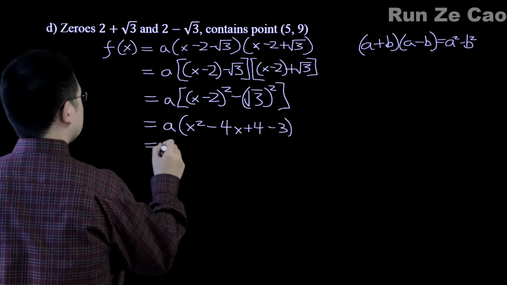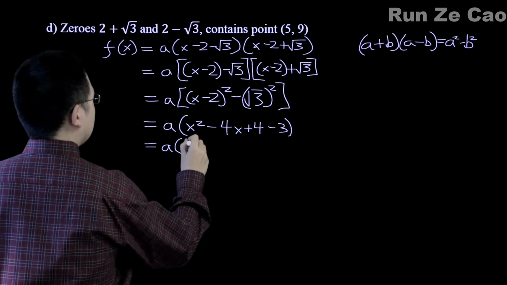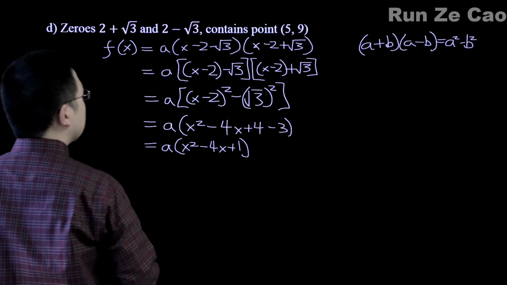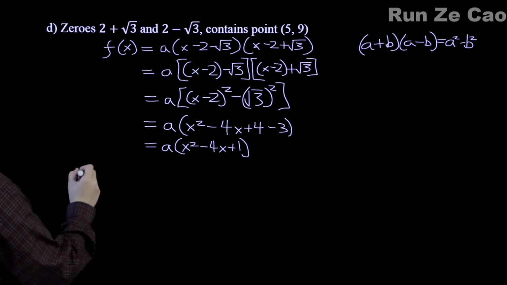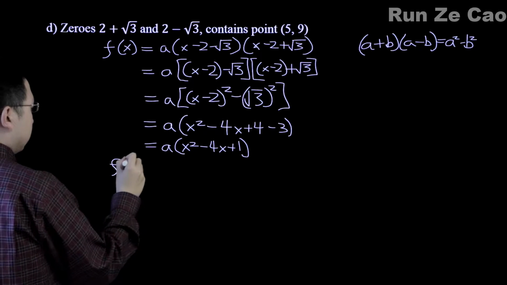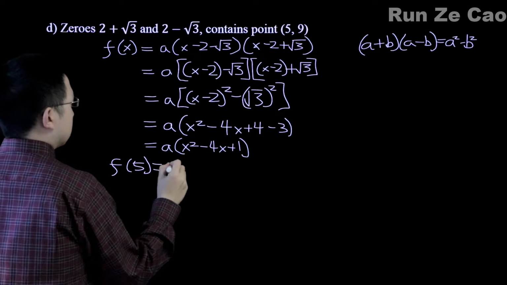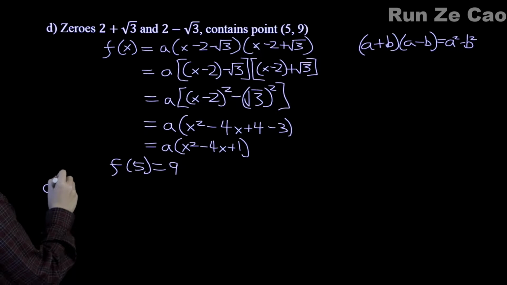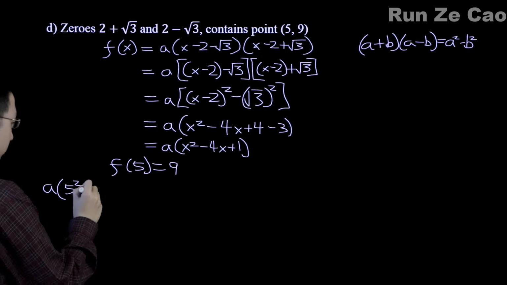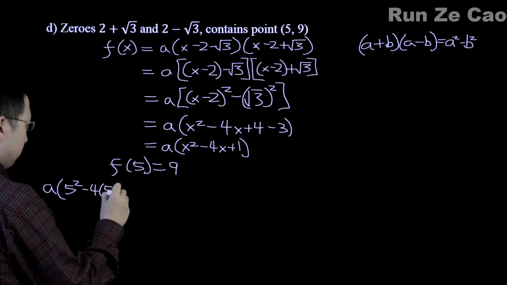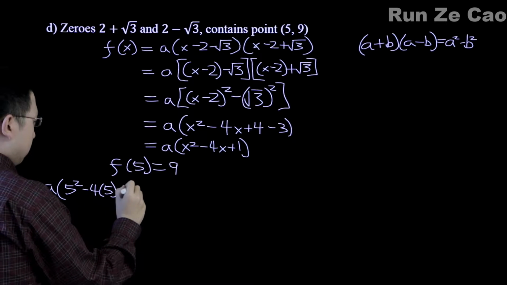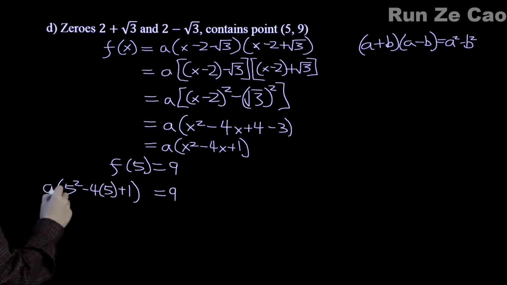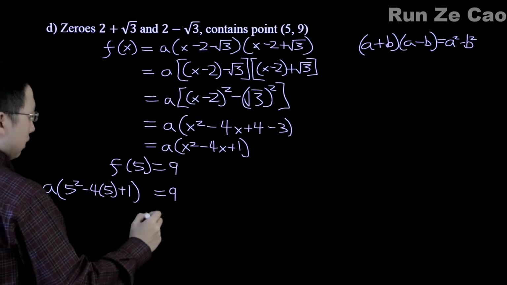So f(x) equals a times x squared minus 4x plus 1. So we know that f of 5 equals 9. So we have a times 5 squared minus 4 times 5 plus 1 equals 9. Now, depending on region, you might have to upgrade this to square brackets, but some areas are fine